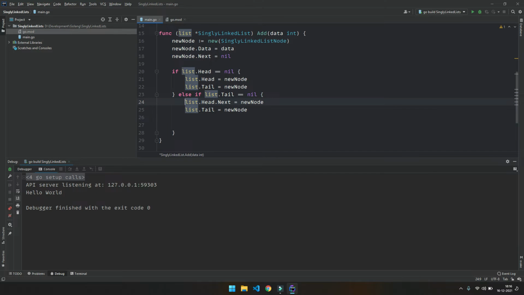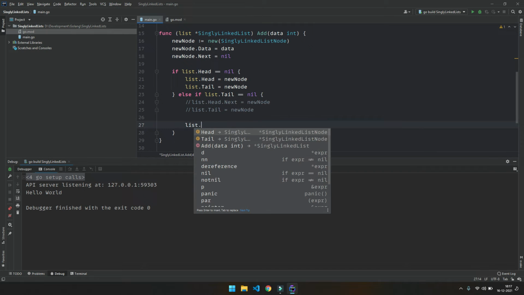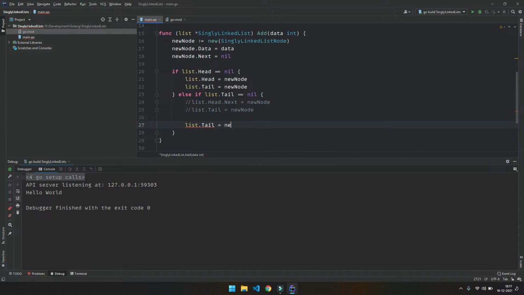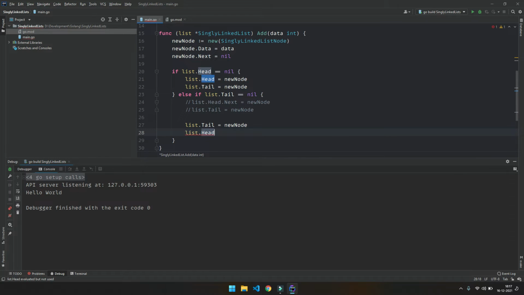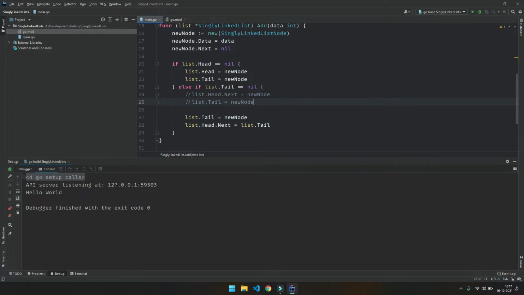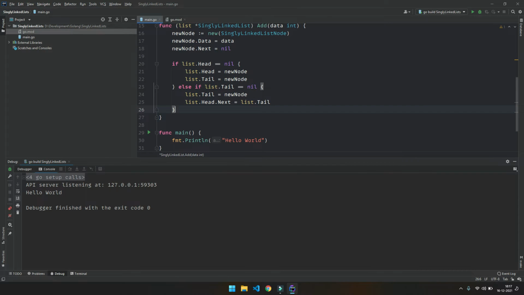Let me comment this out and write it the new way. So we are going to assign the tail as our new node, and our head will point to the tail. I think this way it's more understandable by other, or we can say fellow programmers of ours. And we have covered the second case by now.